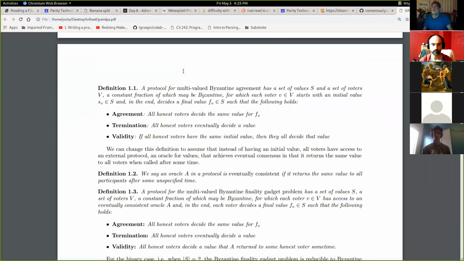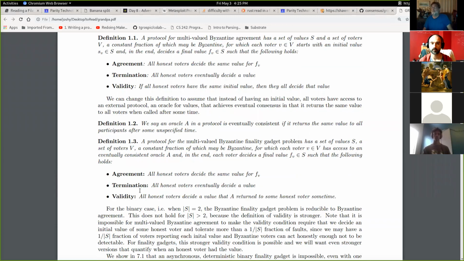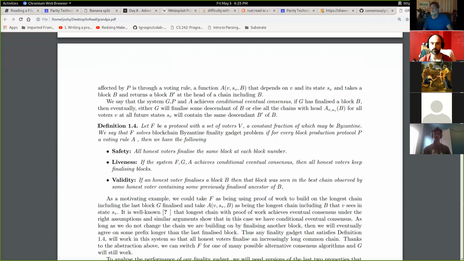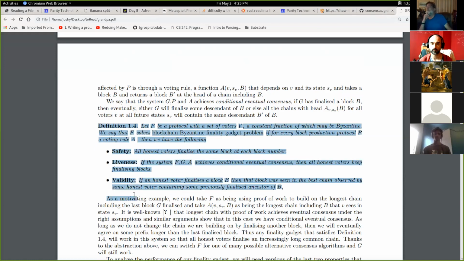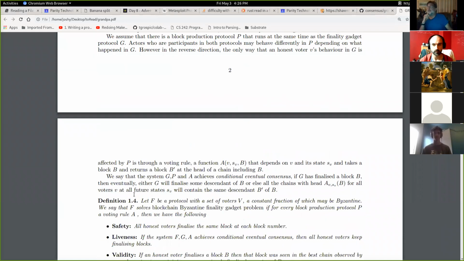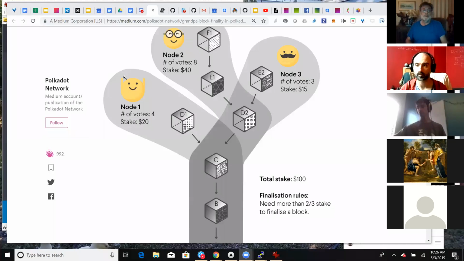And maybe before we dig into these, just to give you a sense of how these definitions work, they define a game with certain properties, and then they redefine it with slightly different properties, and then redefine it again with slightly different properties. And this is the one that I think is finally what they're calling GRANDPA. Let me just show you this quickly here. The example in the Medium paper. Oh yeah, I forgot about that. Yeah. Which shows